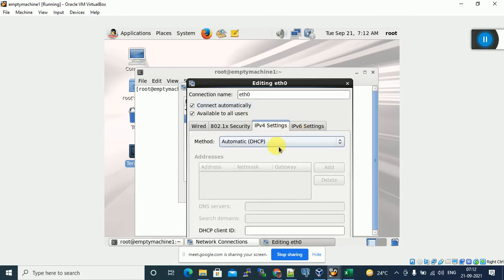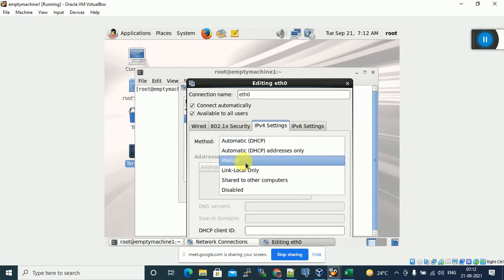Go to the IPv4 settings. Here we are assigning the IP address dynamically, automatically. If you want static, we can assign the IP, that we will do later. As of now, you can assign it automatically. In the IPv4 settings tab we have to choose either automatic or manual.